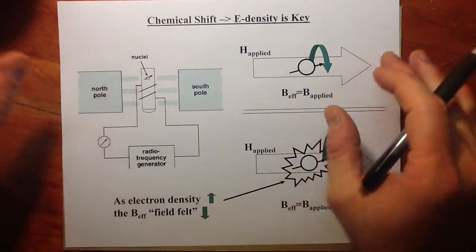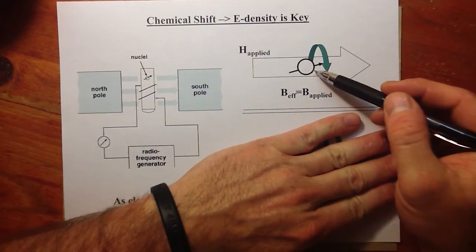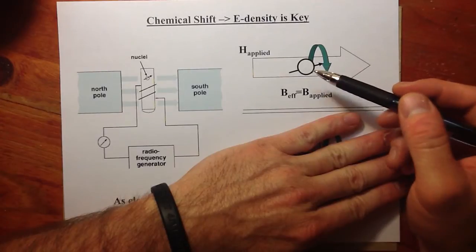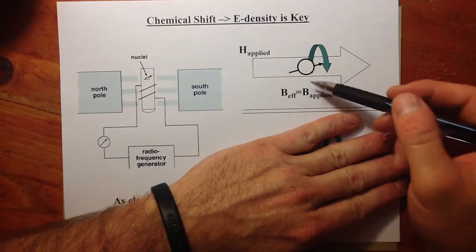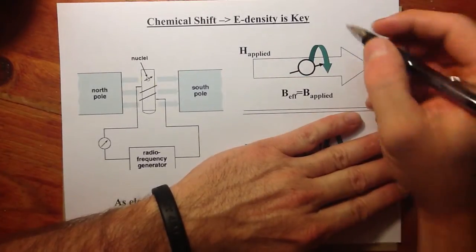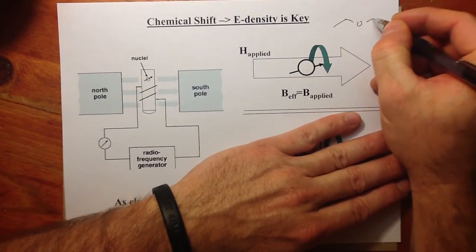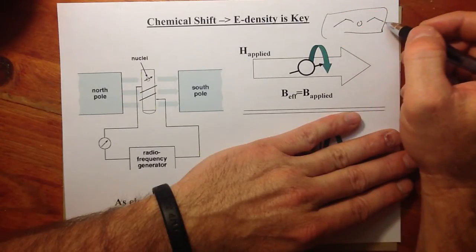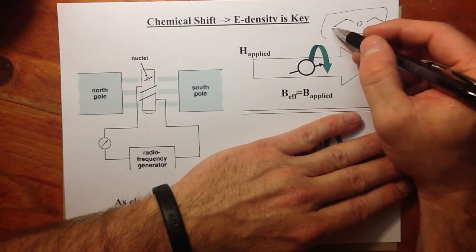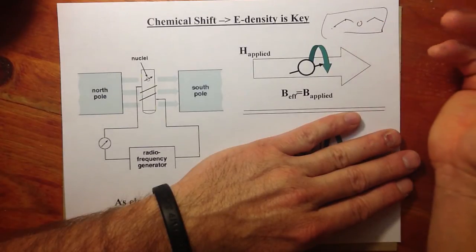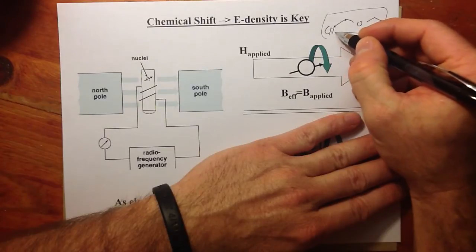Now, all of this would not work if all we had were little fields that had no electron density around them, because every proton then would have a precession frequency that's equal to every other proton in a compound. So it wouldn't matter, if we were looking at diethyl ether again, if there are no electrons around the protons off of this carbon and this carbon, there's no difference. But of course that's not true. We know the environment